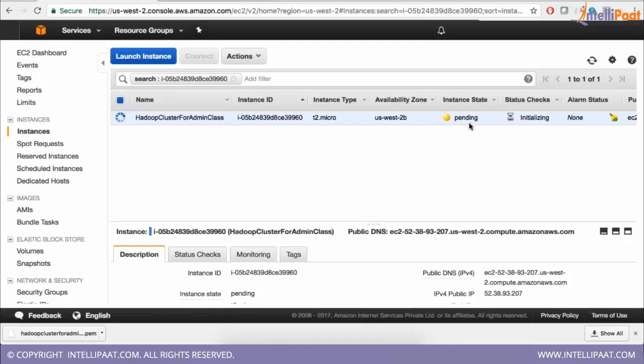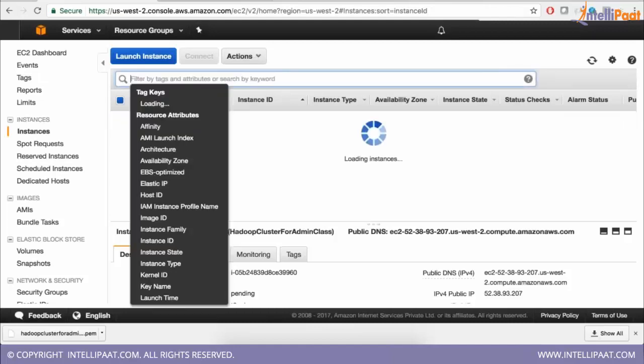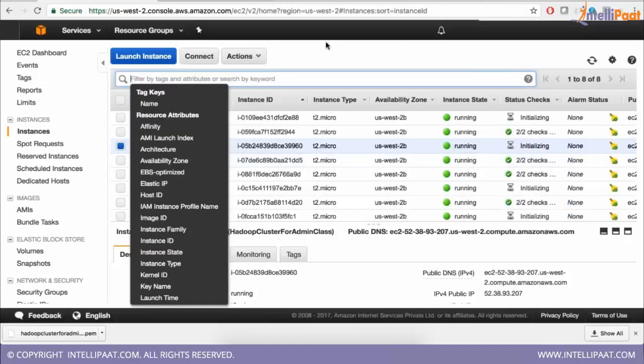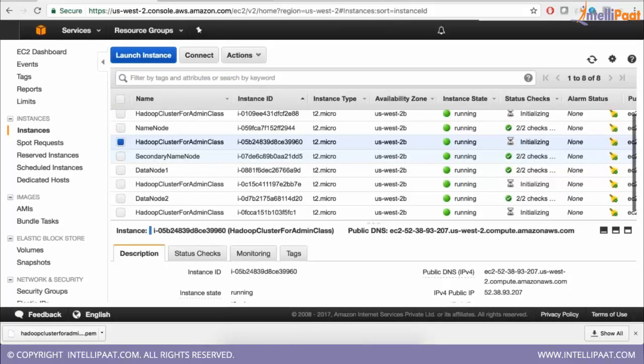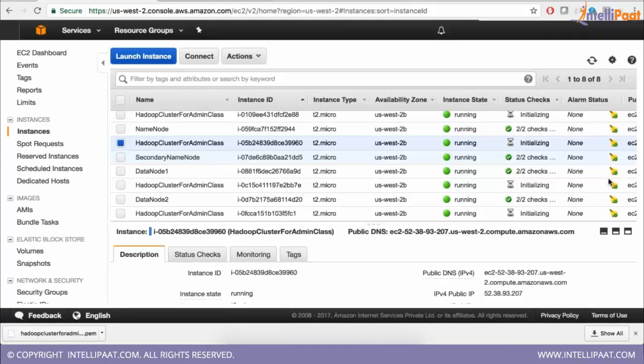So it says pending. After some time it will start running. That means the machine will be ready for us. There are 8 machines because I have already created 4 before this class.